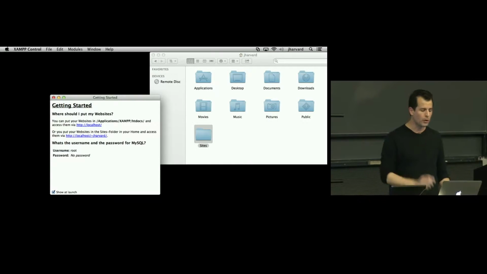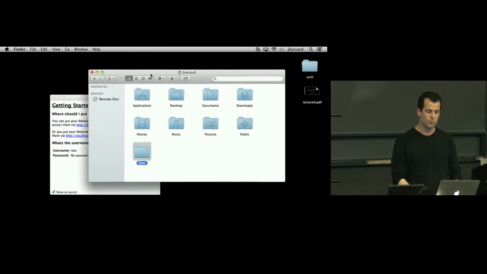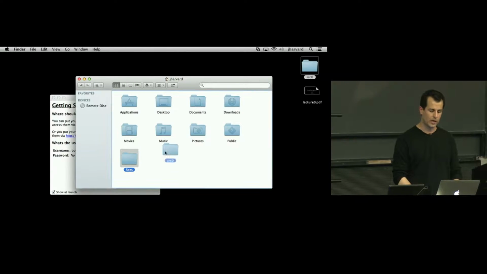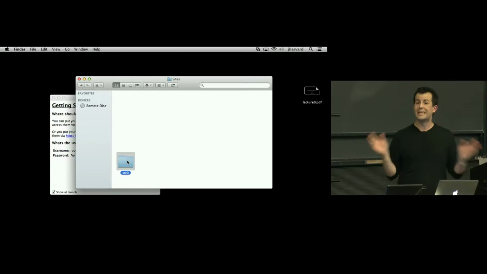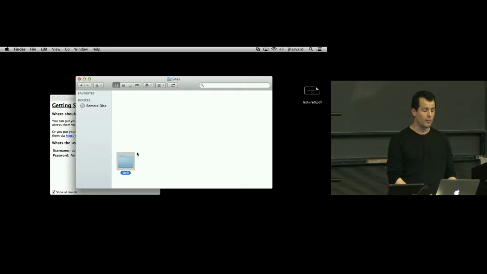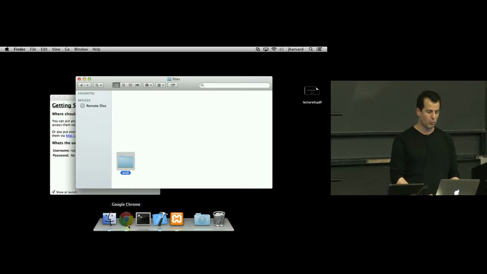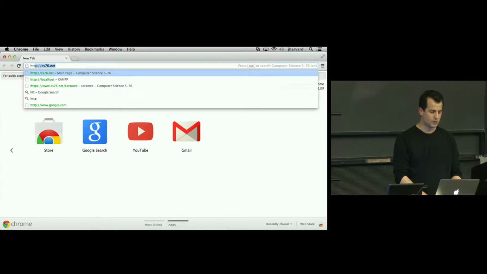All I'm going to do is start putting my files in there. So for simplicity, what I'm going to do is drag my source 0 directory into my sites directory so that for the rest of tonight, everything is in that folder. And now I argue that it's accessible via my browser. So let me prove that. Let me go back to my browser. Let me go to